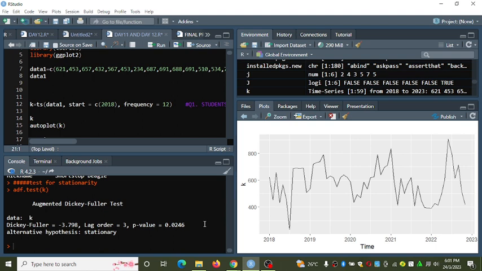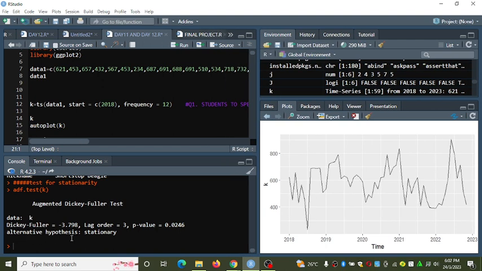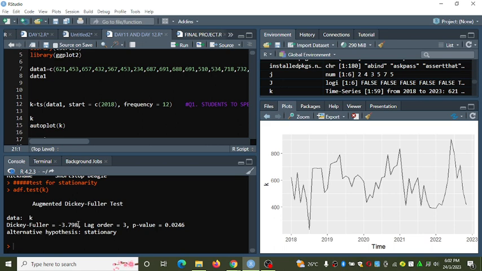For example, I'm using a PC to read this data, but if we are calculating manually, like how university students do in exams, you will get this as your test statistic, the Dickey-Fuller statistic.